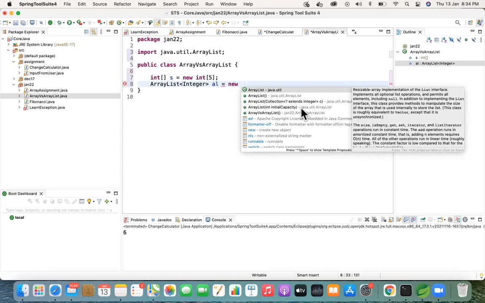Whereas in array list, you can either have your initial capacity defined and you can upgrade it, like you can grow your array list dynamically at a later point. But if you don't want any predefined capacity and you want to just add the data at runtime, you can still do that with your default constructor. So there are two ways. Maybe you can just go with the array list with initial capacity for right now, and we can change that later. So at least if you want to grow it, we can just add the elements.